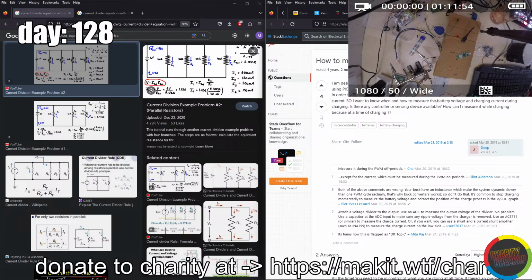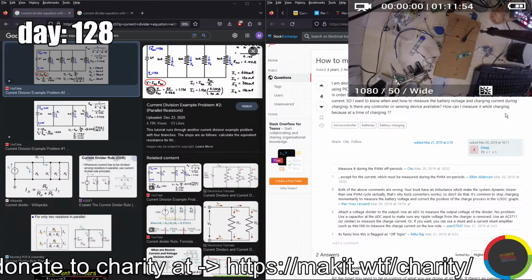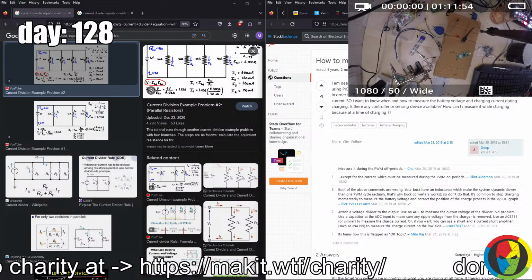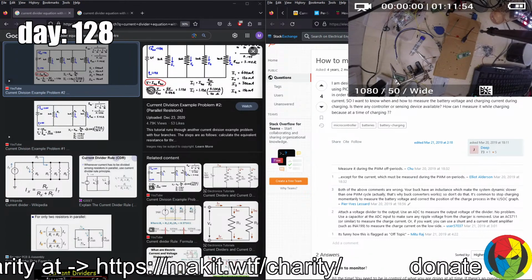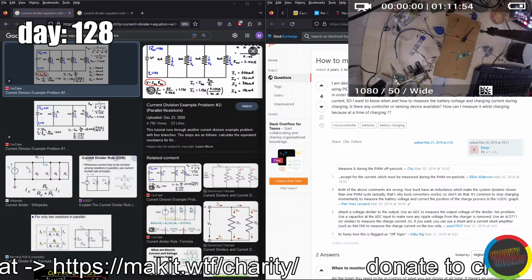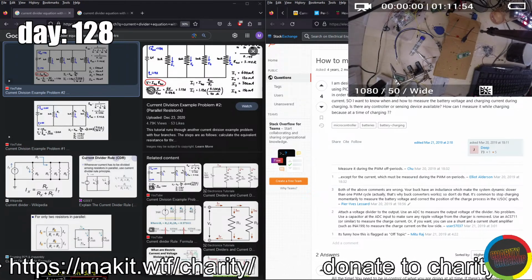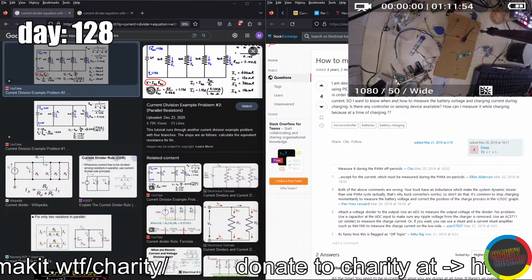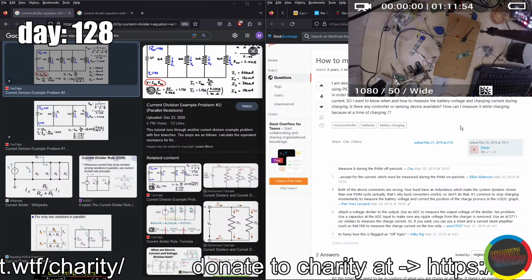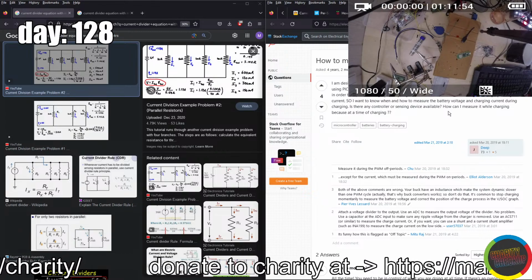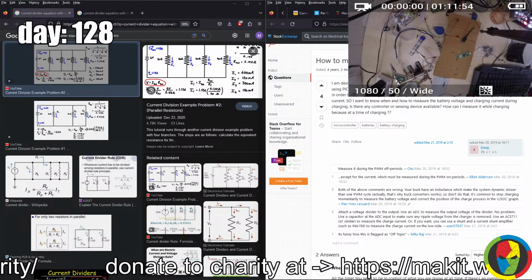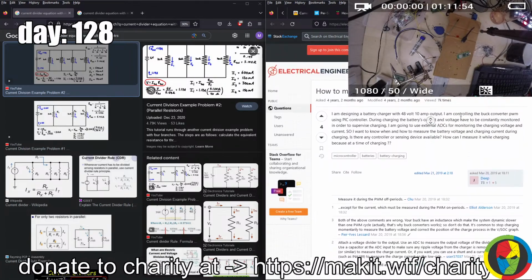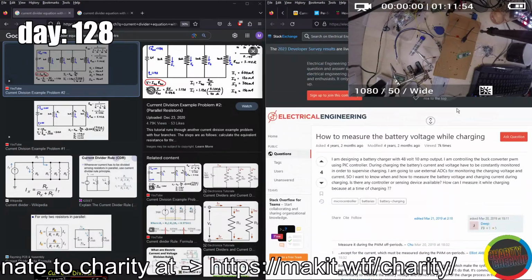48V 10 amp output. That's not what we are doing. We are making a smaller one. But okay, this output, by the way, this is output, not input. That's very important. Because input, okay, I kind of get it. I mean, it's doable to draw 48 volts, 10 amperes. Okay, it's doable to draw that, but output? That's car batteries. Well, actually, maybe, I don't know. That would be kind of a killer car battery.